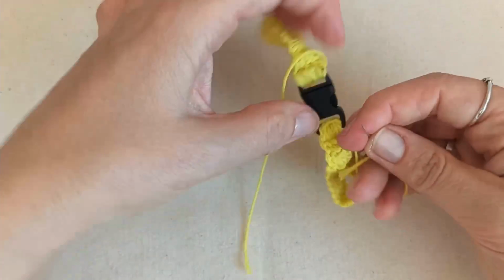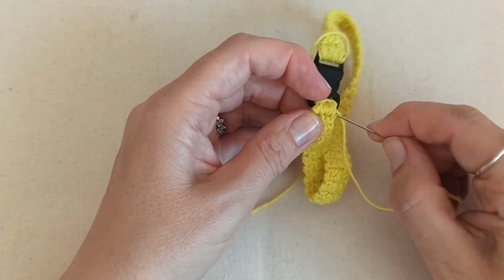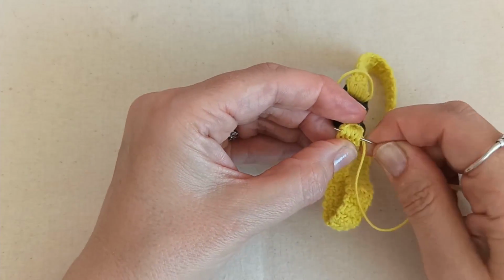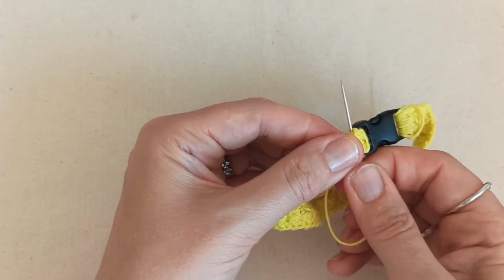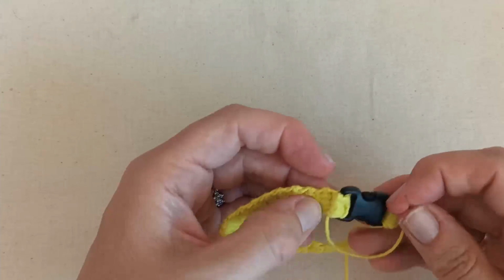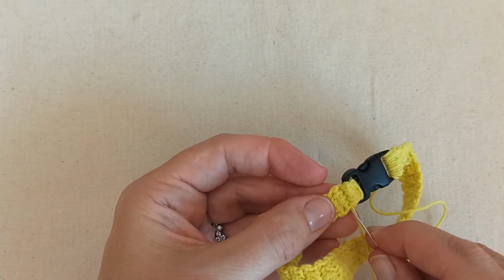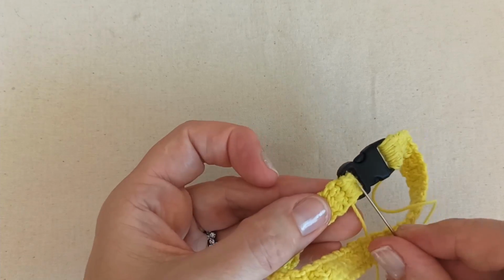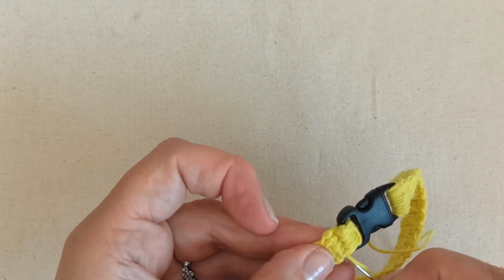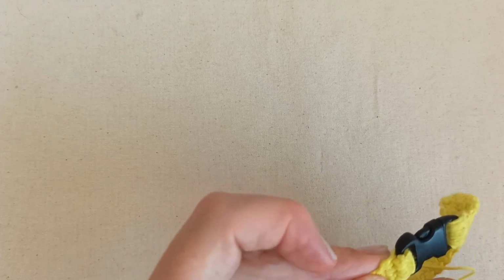Now I would go through at least 3 times. So again, don't go back exactly through where you've just come from. Go through a different place, and I'm going to pause again and get that needle through. Okay, so I've done all I want to do there. So I've been through it back and forth 4 times, and then I'm just going to move away from this area now, and I'm just going to weave it into one of the rows above, just to hold on to that